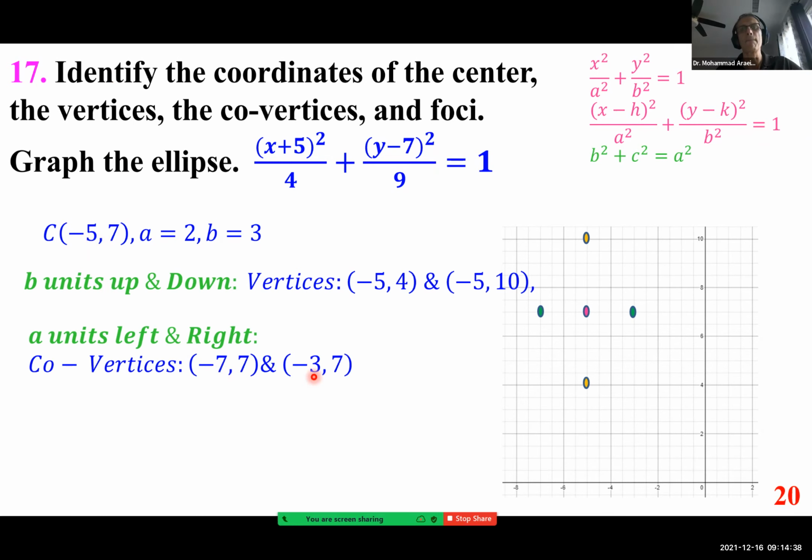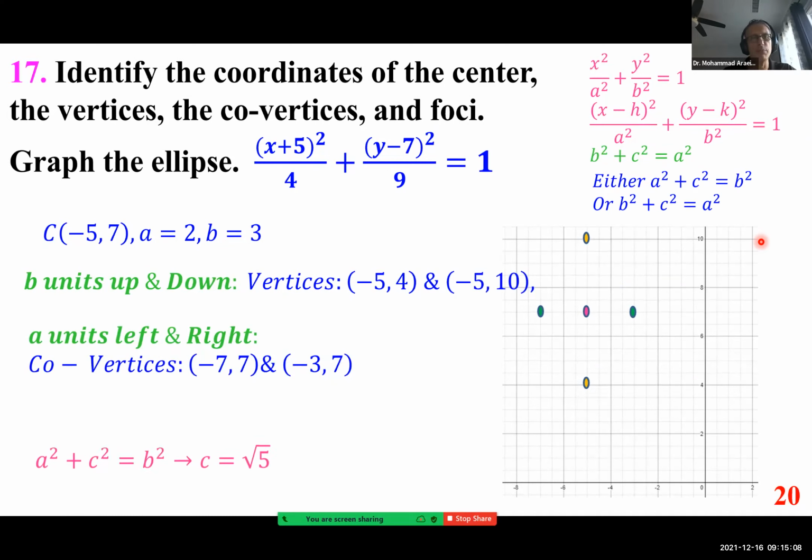And we want to calculate the location of foci. We need to go with this formula. Now, in this case, depending upon which one is largest, remember, it follows the Pythagorean theorem. As you can see, B is the largest. Therefore, A and B will interchange in this case. So it's important for everybody to know it follows Pythagorean theorem, but the largest one is on the right side in essence. So with that being the case, A squared plus C squared equals B squared,